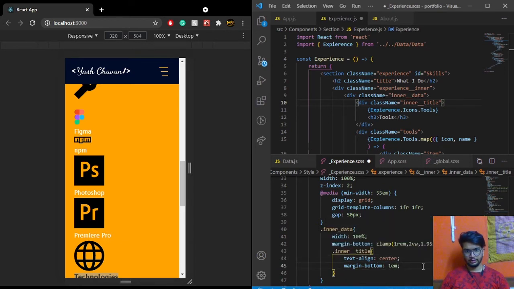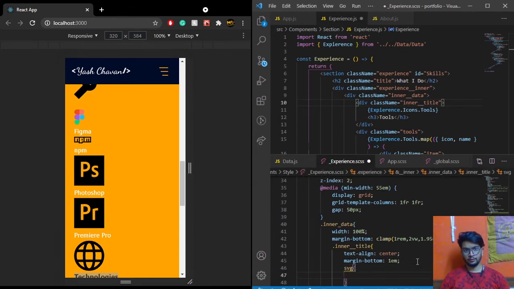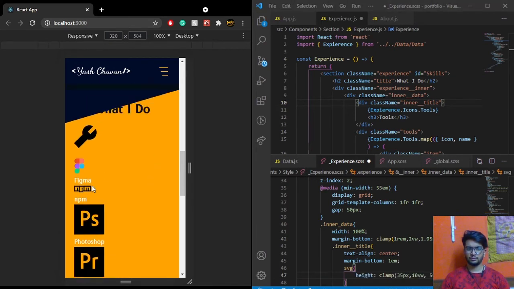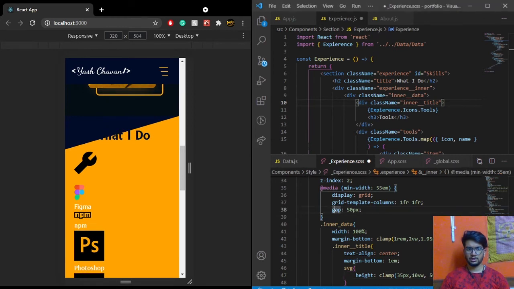And then the SVGs inside of this, which are the elements, I'm going to give a height of, I don't know if this really works, but it reduces to almost 10 viewport height. If I save this now,